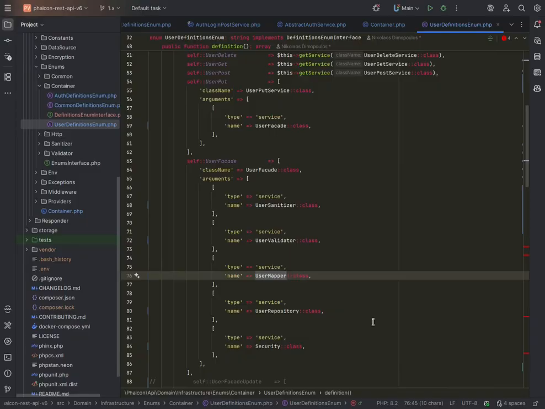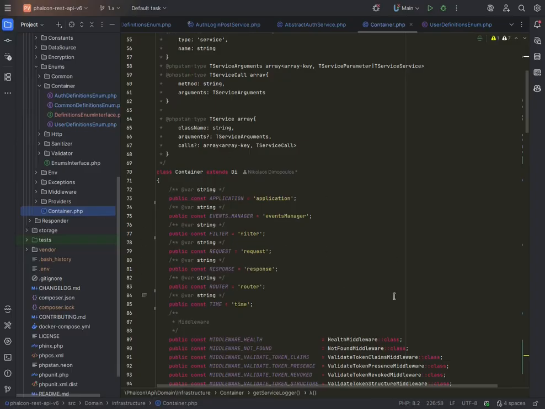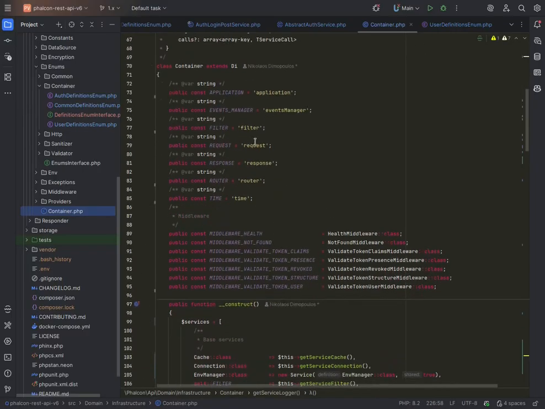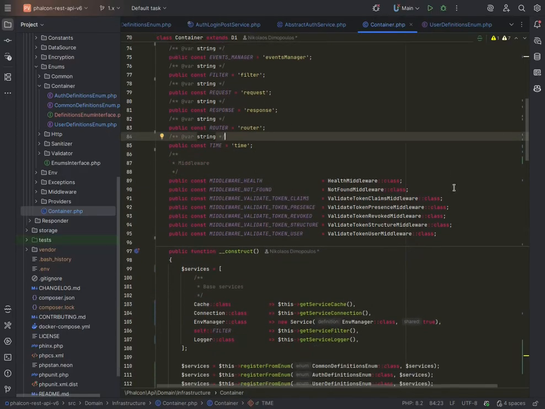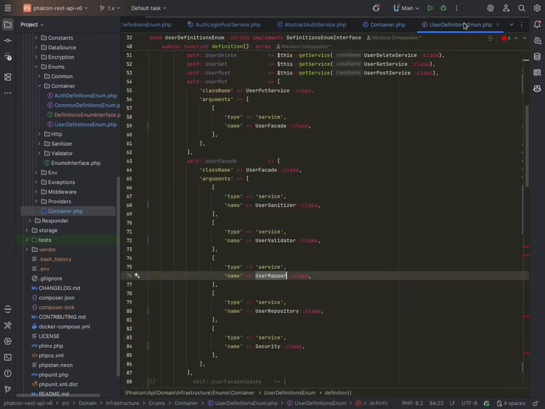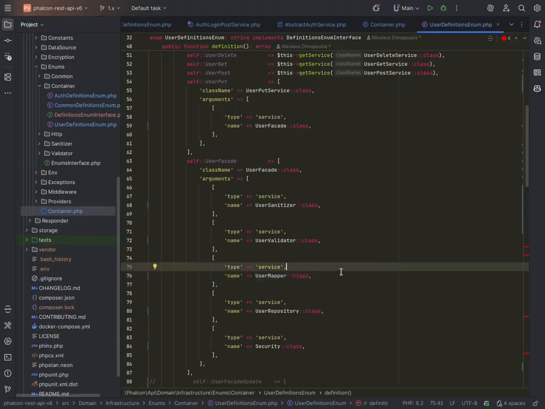This user mapper class, right? It used to be here in the container as a definition. Mapper equals this, similar to this definition here. And all we had to do is just call it from the container and it would be created. Well, leaving it like here does exactly the same thing, because as soon as this thing starts getting processed, it